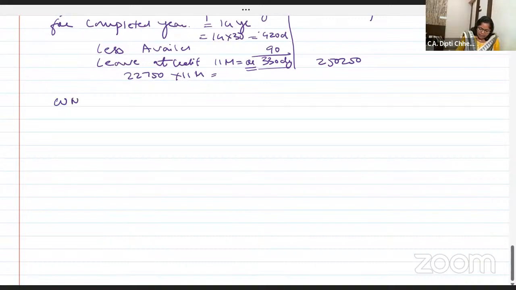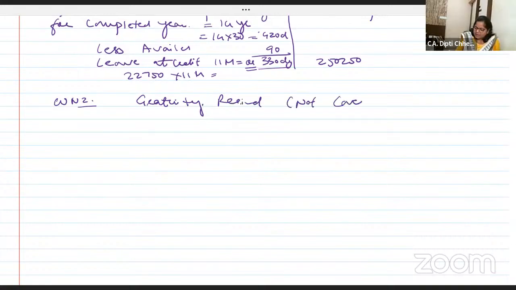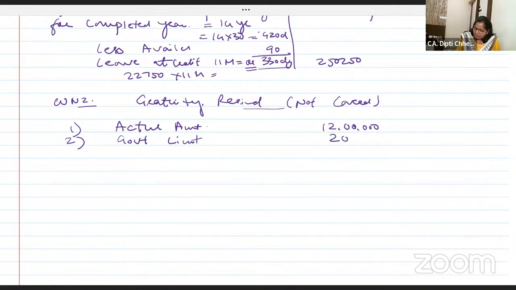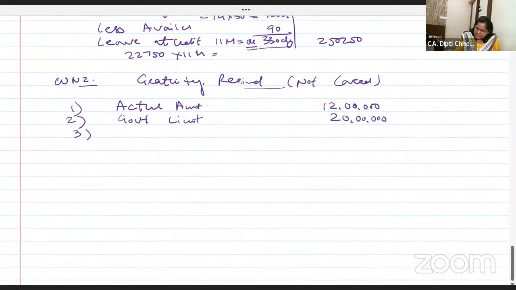Now I'm doing working note 2. Gratuity received. How much is exempt? And he is not covered under the payment of the gratuity. So first one is the actual amount. How much is the actual amount of the gratuity received? 12 lakhs. Second is the government limit. Government limit for gratuity is how much? 20 lakhs. Third is